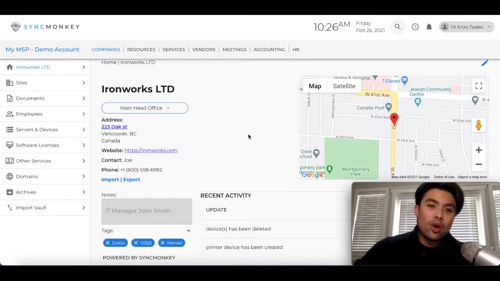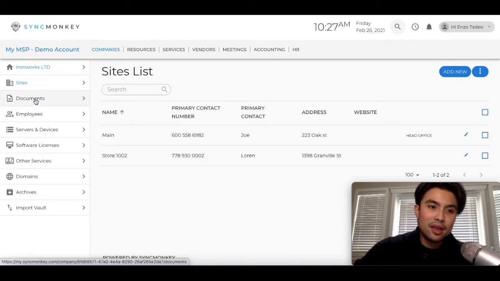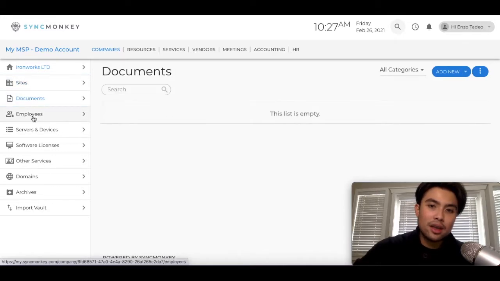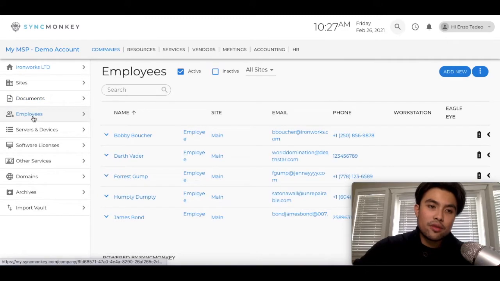So for the Season 1 episode of the company section that we did, we went over the core tabs on the left hand side, starting off with the main dashboard of your client when you first click on their profile, the sites this client has, and then their internal documents and employees. From here for Season 2, we're just going to go down the rest of the list, starting off with servers